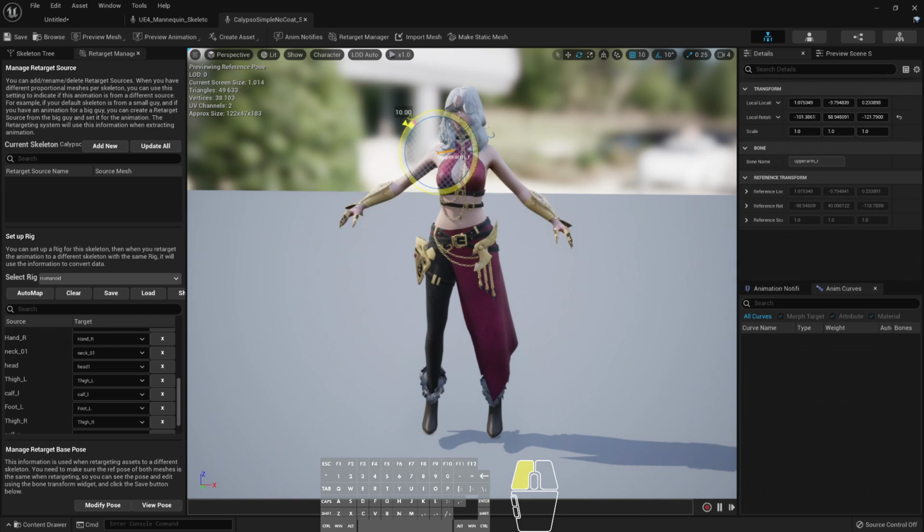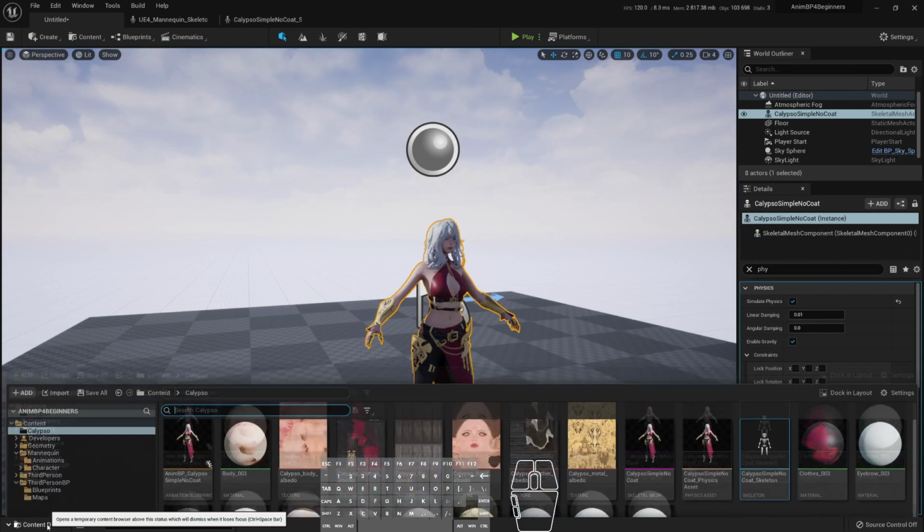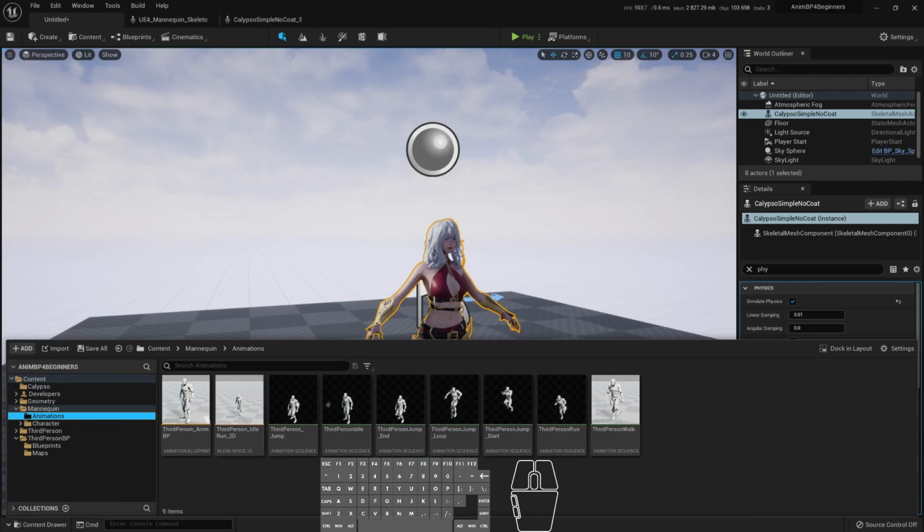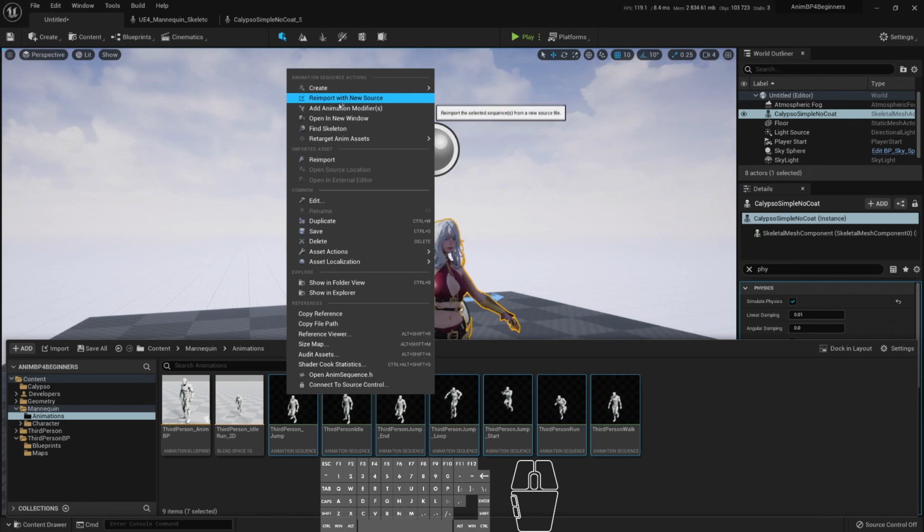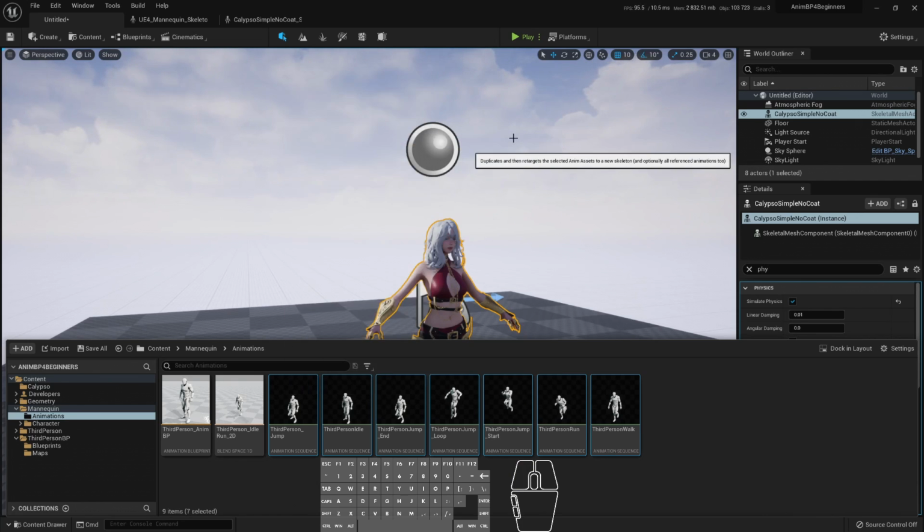Whenever you get the right pose, then you will need to modify pose, use current pose, and then you would use this as a retargeting pose. But in my case, that's not the case. So now that we have set up this, we can go to the content browser again, find the animation that I want to retarget, select all the animations that I want, right click it, and retarget anim assets, duplicate it,